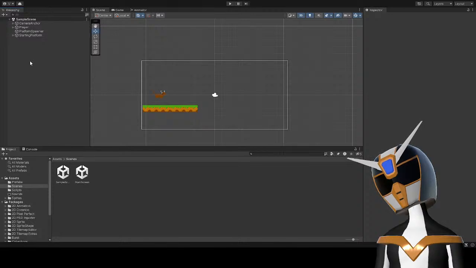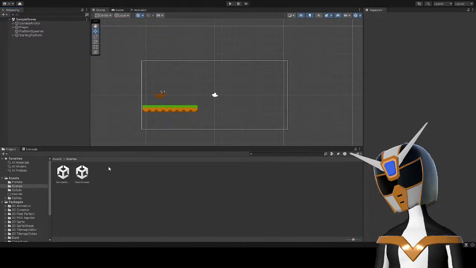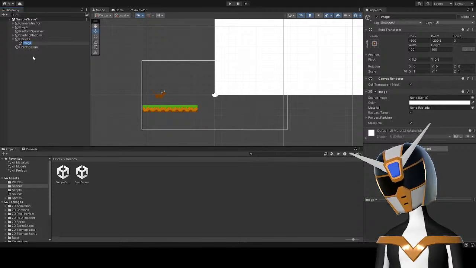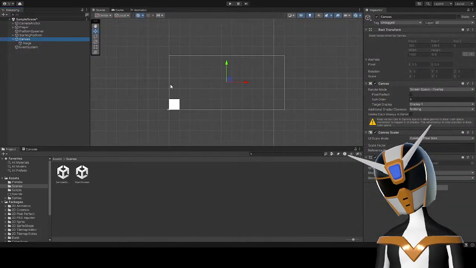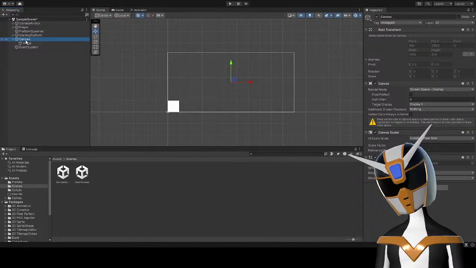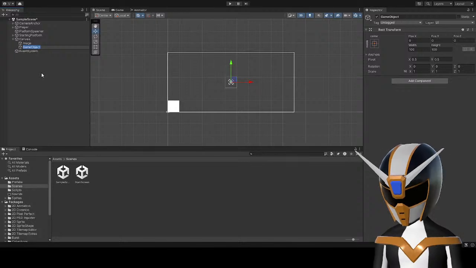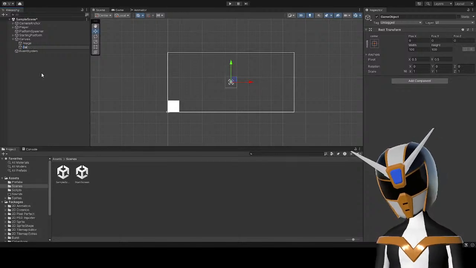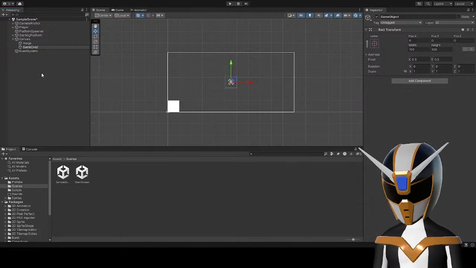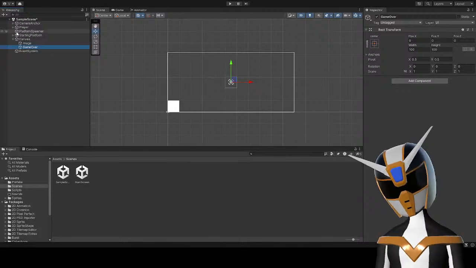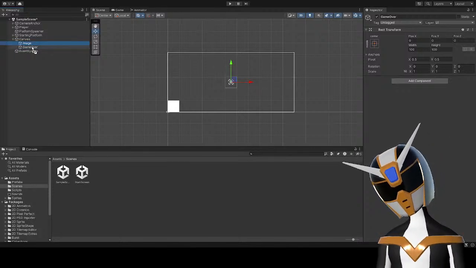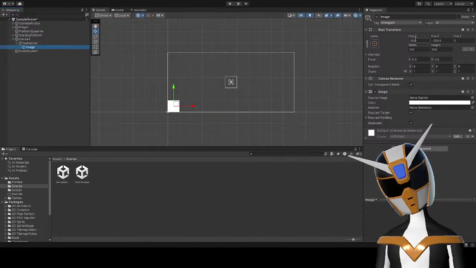Okay, so let's create a UI image. Actually, let's have that image on a blank game object called game over, so I can just enable or disable it whenever I want to.